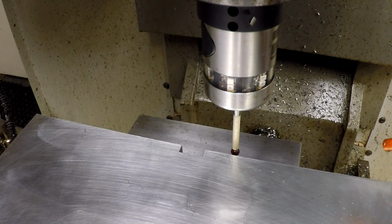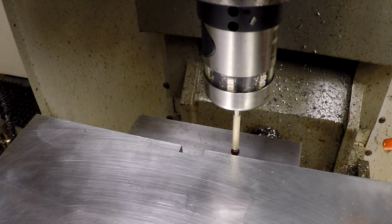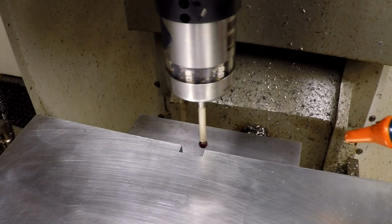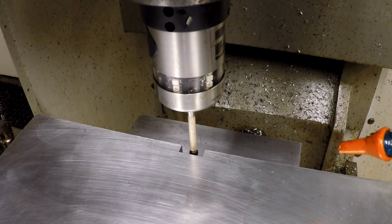So let's go back to the MDI screen here. Okay, we're ready to go. This is going to probe fixture offset 1 in the Y direction, just like you saw the code I entered. Okay, then there's a program stop to stop it. So we have a chance to go over here back into the manual mode. And let's just jog it over here in between this slot, key slot here,